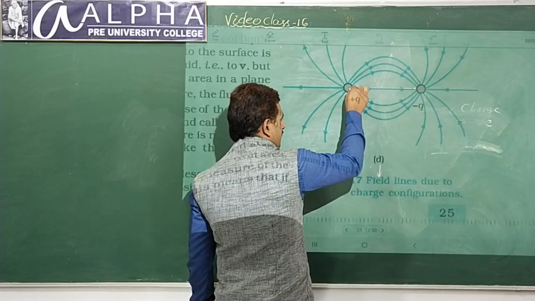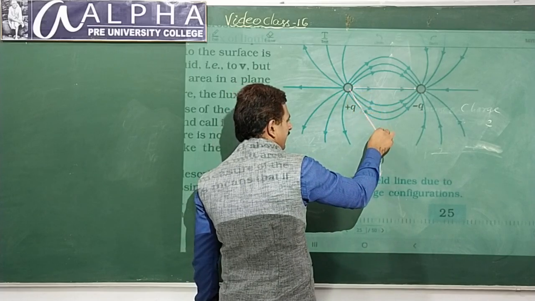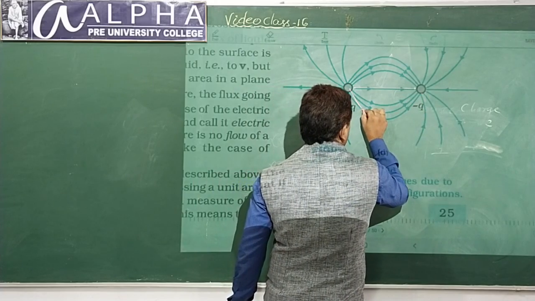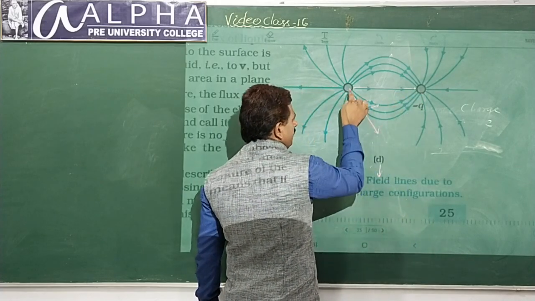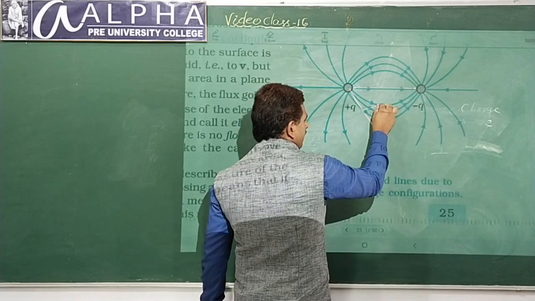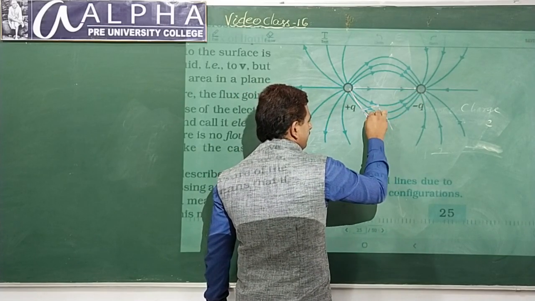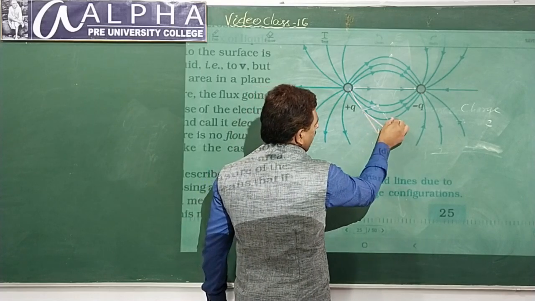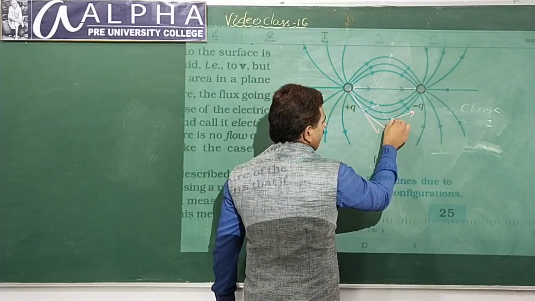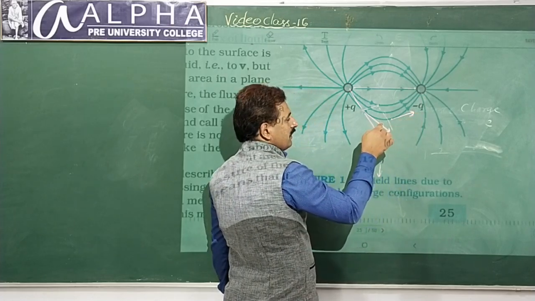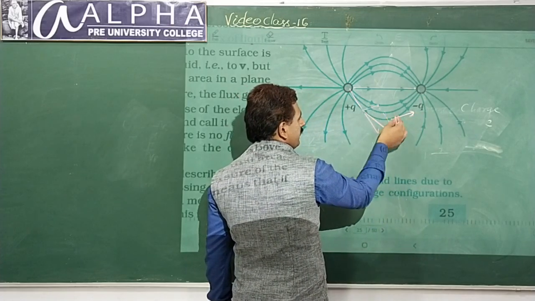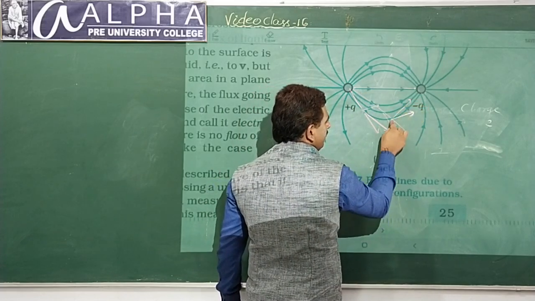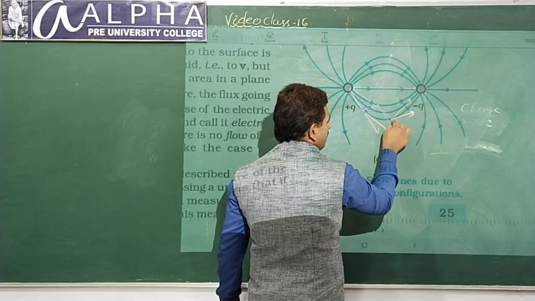One by this charge. This charge pushes it like this. And this charge attracts, pulls towards it. This pushes, this pulls. The resultant of the two will be in this direction. Right? This is the resultant direction. If you come here, this is the resultant direction. That resultant is the value obtained by using two forces. One repulsion, the other one attraction. The resultant of repulsion and attraction is this.